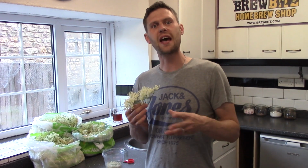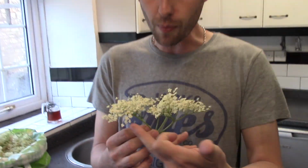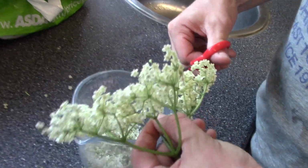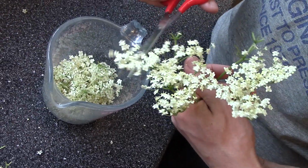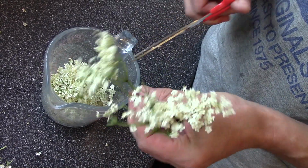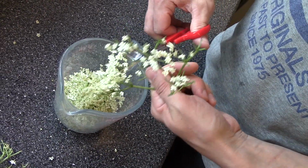What you may not know about the elder tree is that every other part, apart from the flowers and the berries, are poisonous and will actually make you quite ill. So what I like to do, come on in James and have a quick look at this, most of the flowers are on quite big green stalks. I prefer to get a pair of scissors and just snip off the tops, so you're left with the big green stalks and as little of the stalk goes into making your wine as possible. This way, first of all, you get a lot more flavour in your wine, and secondly, a lot less stalky flavour, and it makes for a lot better